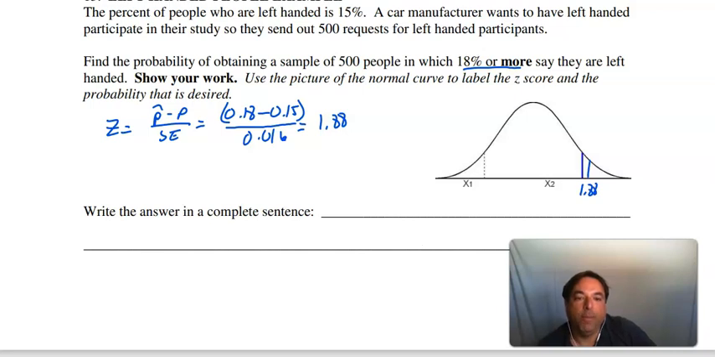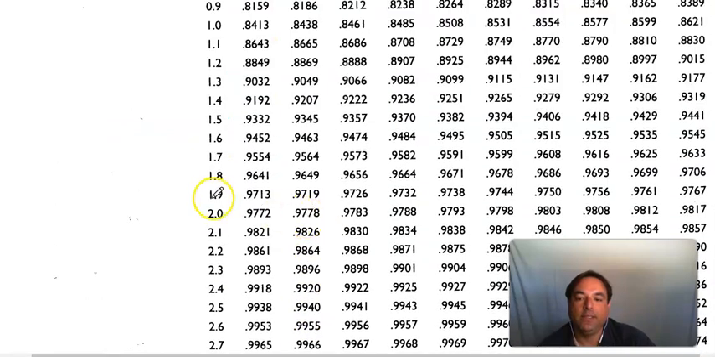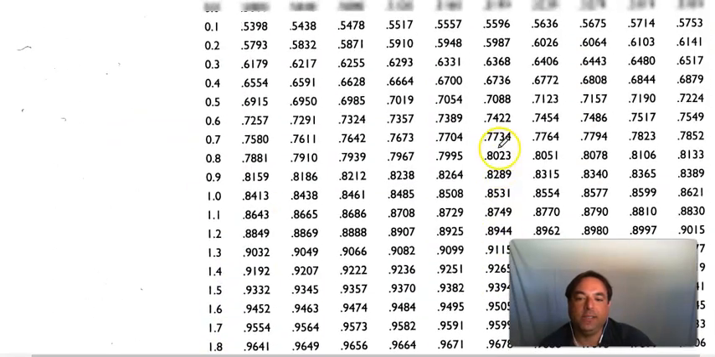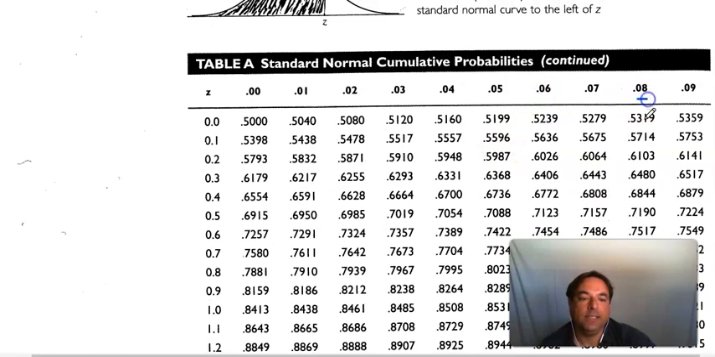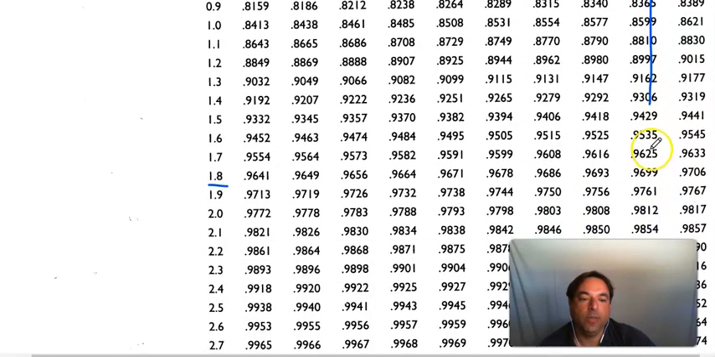And we're looking for more than. So we shade everything more than. Okay, we go to our Z table, we look up 1.88, and when we match those up, 1.88, that gives us